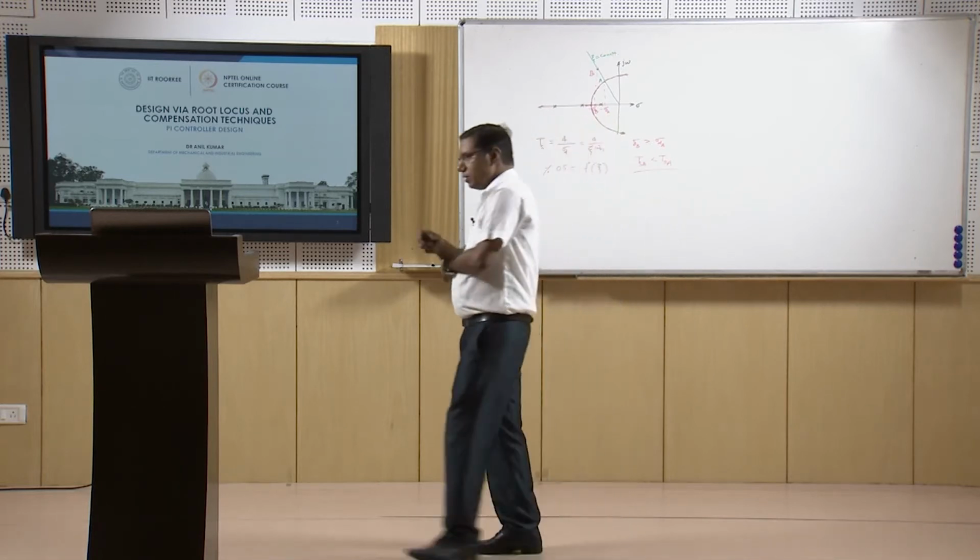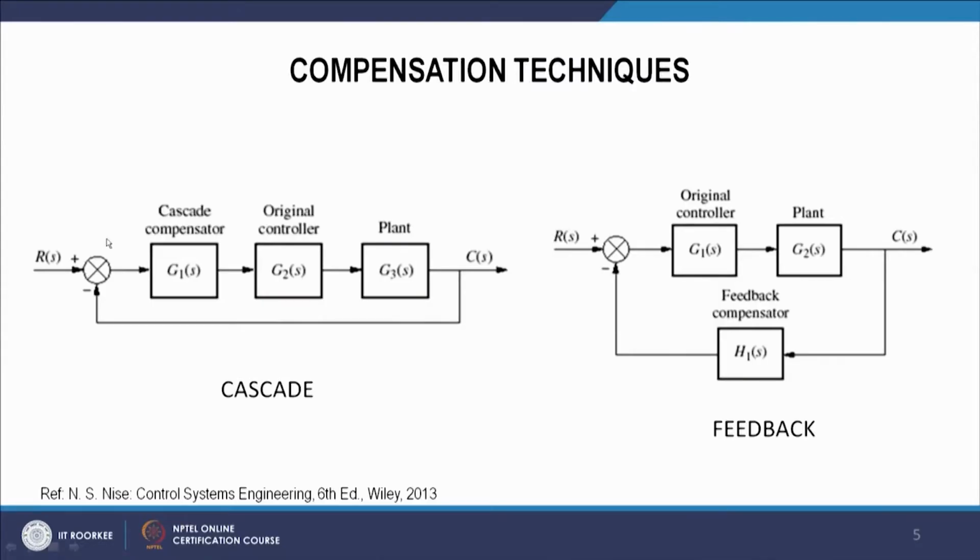So we can see here that we are going to add this compensator. This is our original plant, and if there is some original controller, it could be a gain K. Now, here we are adding the cascade compensator, that is in series to this plant,